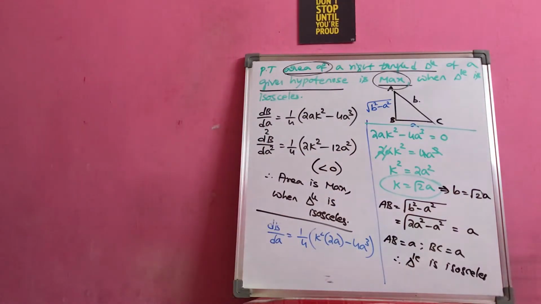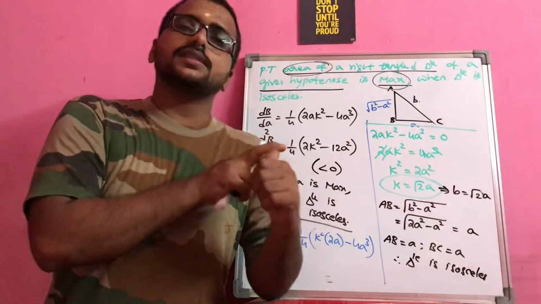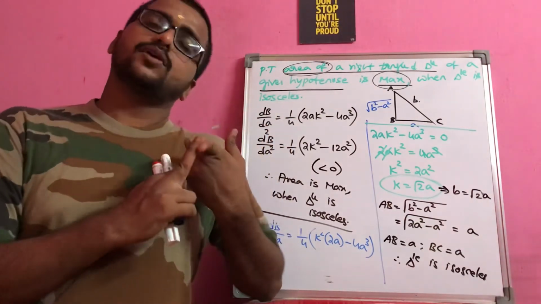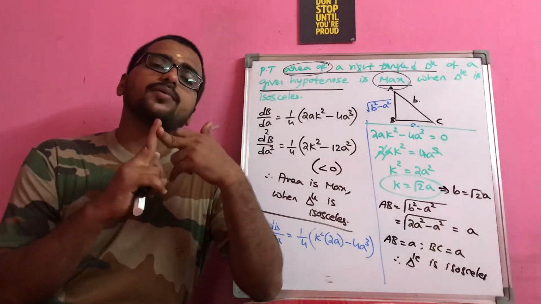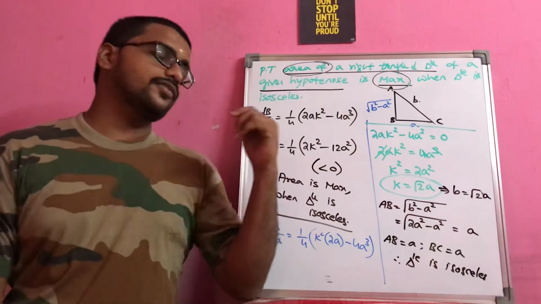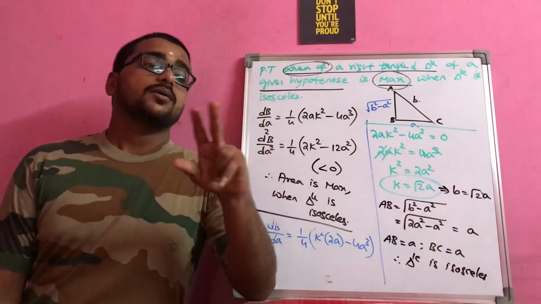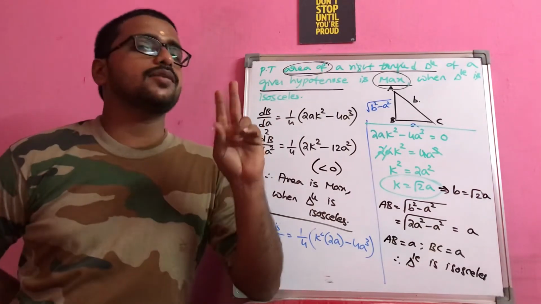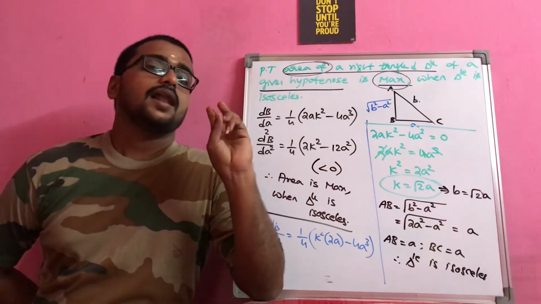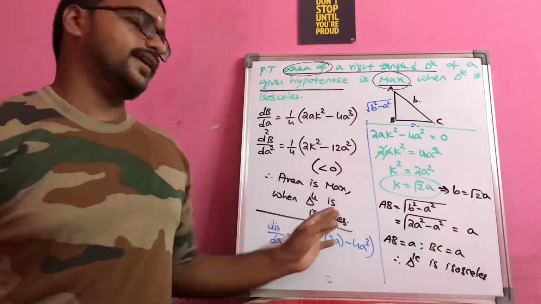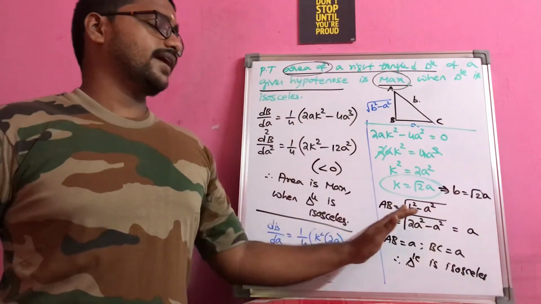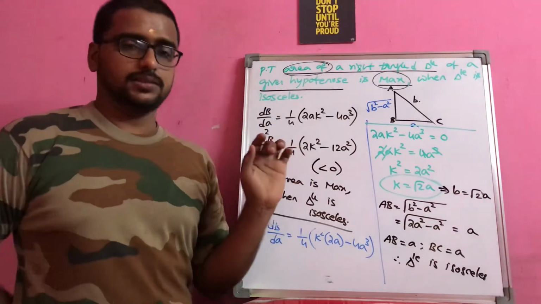The important point that you have to remember here is, whenever you are having any particular question, first thing, please identify what is given. Next, look for maximum or minimum. Third step, reduce the number of two variables into a single variable. If you have a single variable alone, no problem. But if you are having two variables, try to reduce into a single variable. Last step will be as usual, finding f dash of x, equating to 0, and then second order derivative, you will get your required answer.